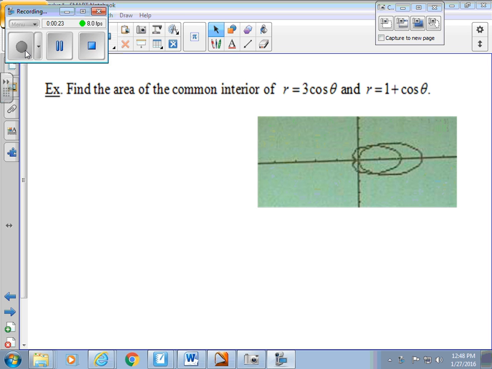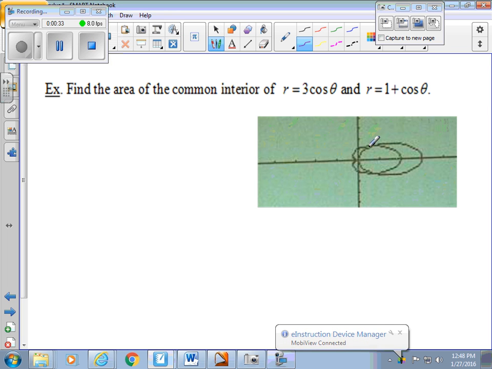Okay, so the first thing you have to do is graph and find intersections. As we know, no matter what we're doing, that's going to be our first step: draw the graph, find the intersections. We are looking for the common interior. So we are looking for this area here. Our formula is not for common interior. Typically, our formula gives us